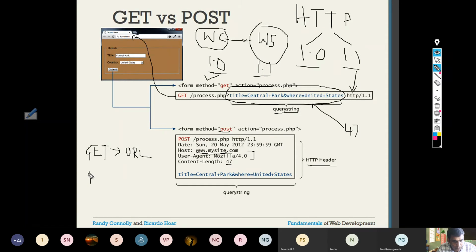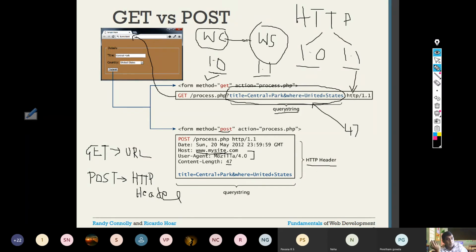So when you use the POST method, your information is not shown in the browser URL. It is sent in the HTTP header. That's the main difference.